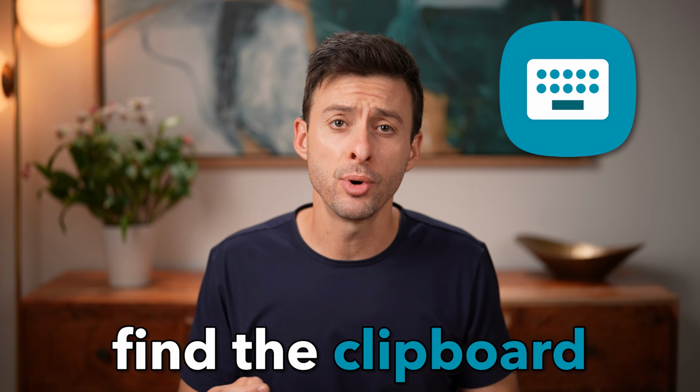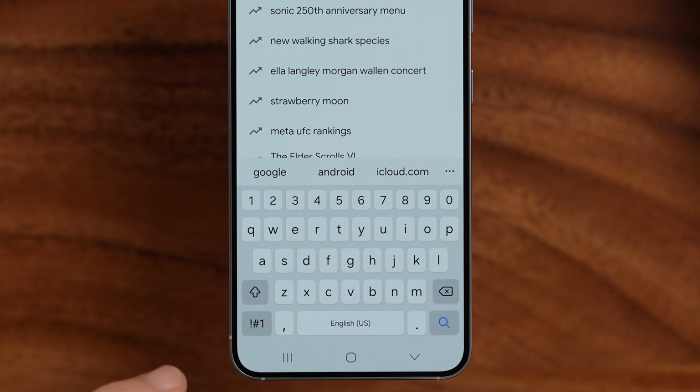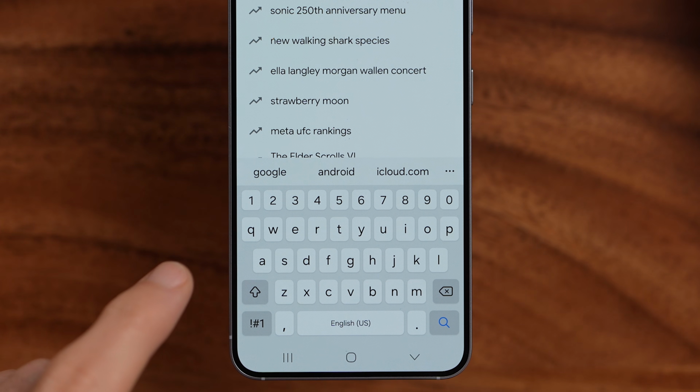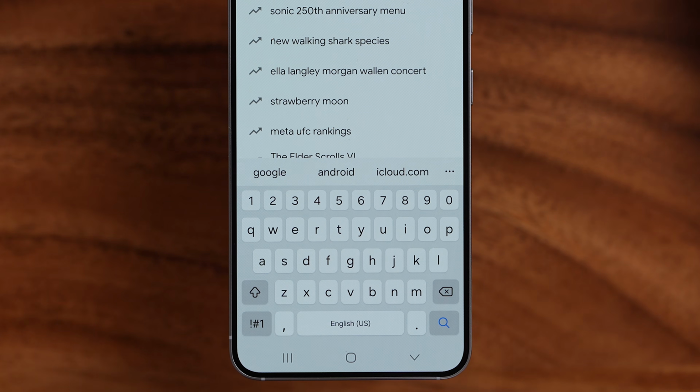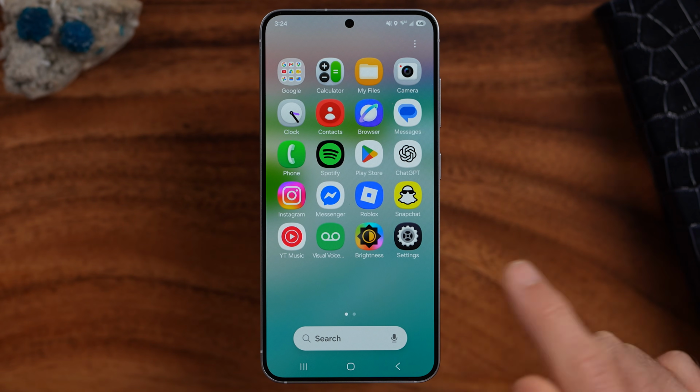Here's how to find the clipboard on your Samsung phone. Now, I have my clipboard open on my Samsung Galaxy, and what you're looking for is the toolbar at the top. If you don't have it on there, you can always add it just by swiping up and tapping on